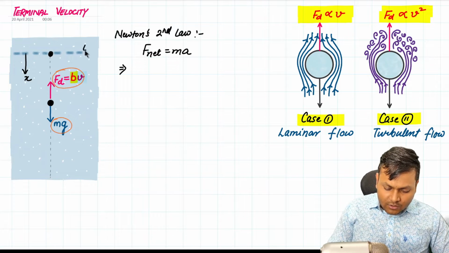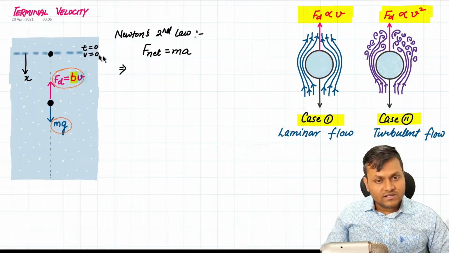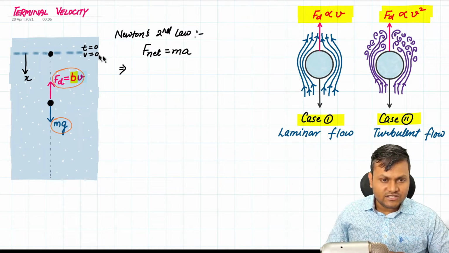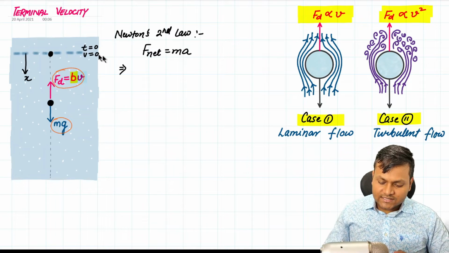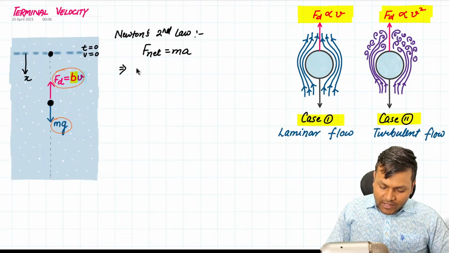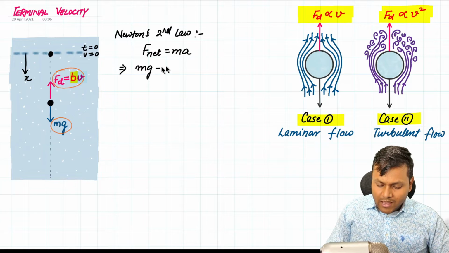So at time t equal to 0, the object was here, and it fell with 0 velocity. The object was dropped at time t equal to 0, and I take the downward displacement as the positive x-axis. In that case, in the forward direction, you have the force mg. In the backward direction, you have the drag force, minus bv, is equal to m